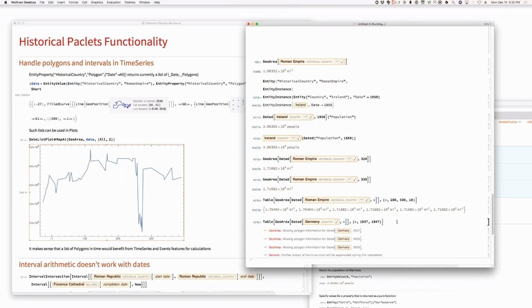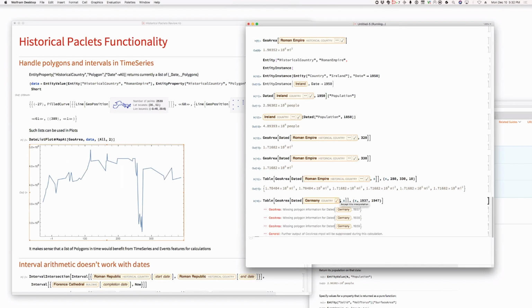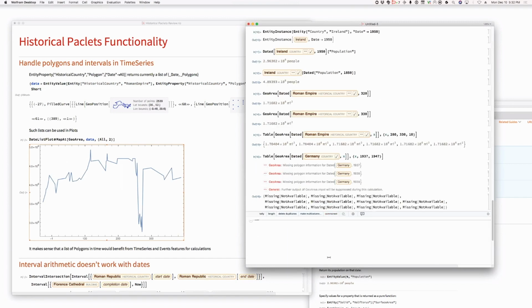Francisco and company, is this going to work with Germany or not? Because the thing is that it's not a historical country. So what do I do to get the historical country of Germany? We can put Nazi Germany in that case as historical country. I see. Okay, so this is something again we're going to have to resolve. What to do with this? You know, this question about whether